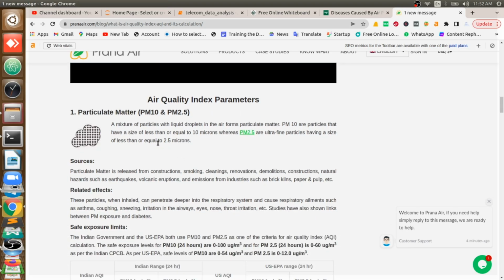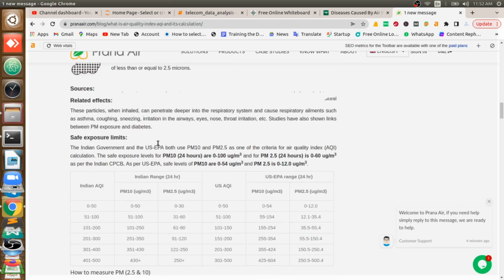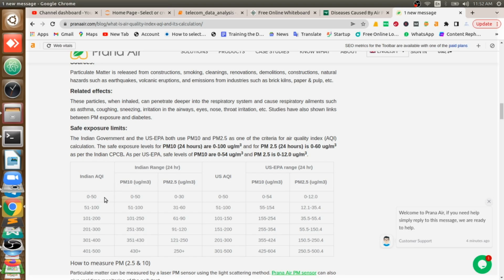If PM10 ranges from 0 to 50 and PM2.5 ranges from 0 to 30, then for India the air quality index ranges from 0 to 50. For the US it also ranges from 0 to 50 air quality index. These air quality indexes are given a particular number based on the values of PM10 and PM2.5 we have.